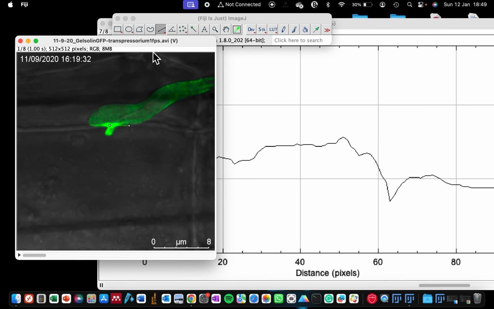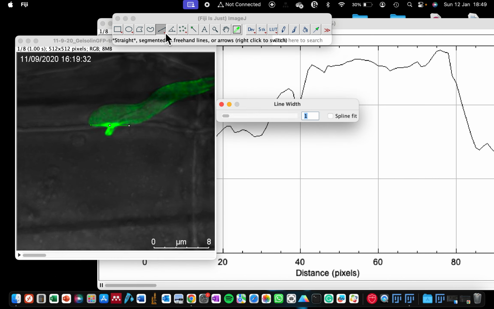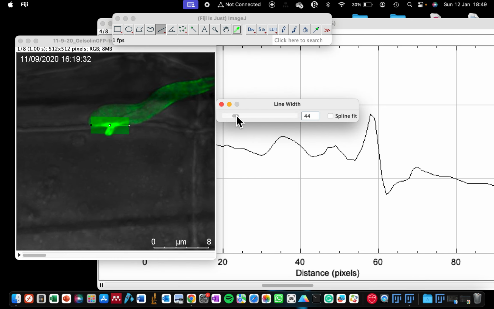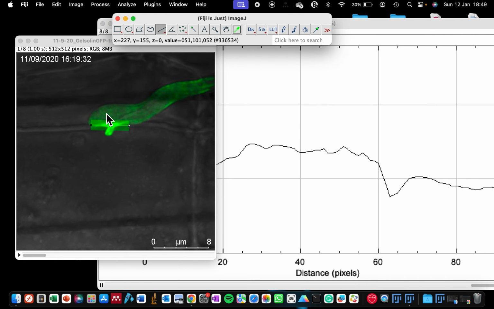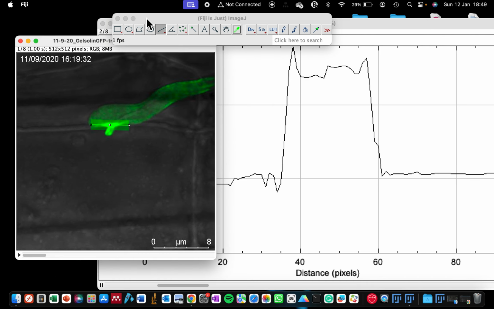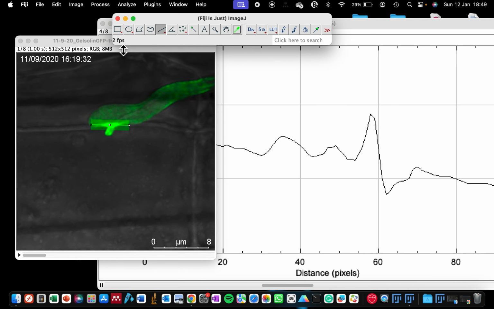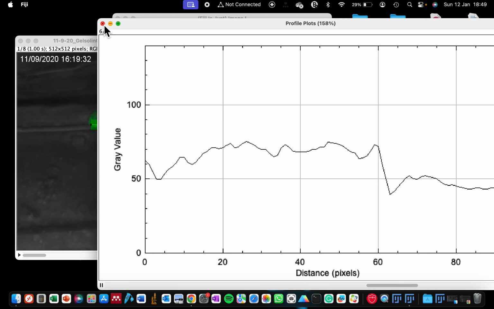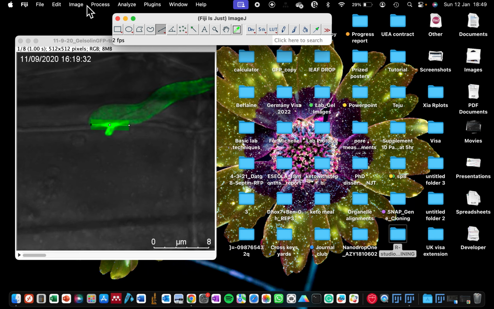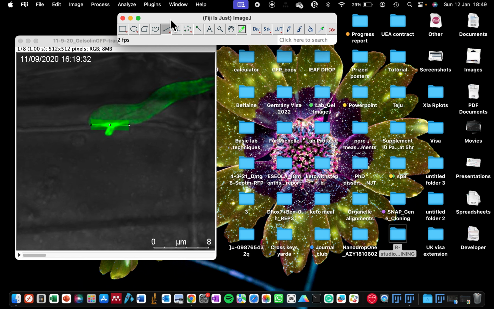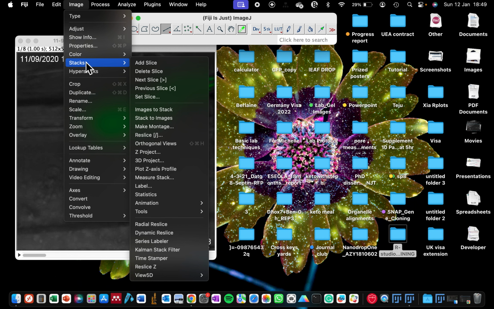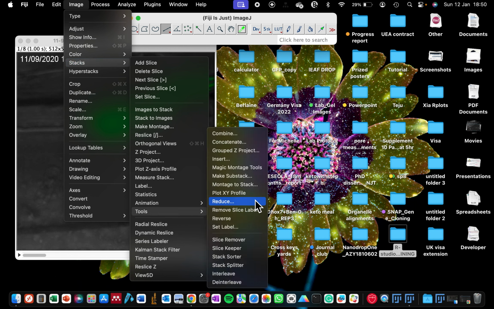Here, I don't know if you can see my line. I'm going to make it a bit thicker so that you're able to see it very well. So there we have the line, and now we are going to plot the intensity plot. Let's close this one that is displaying. I'm using Fiji here. You go to Image, Stacks, Tools, and then you tell it to plot